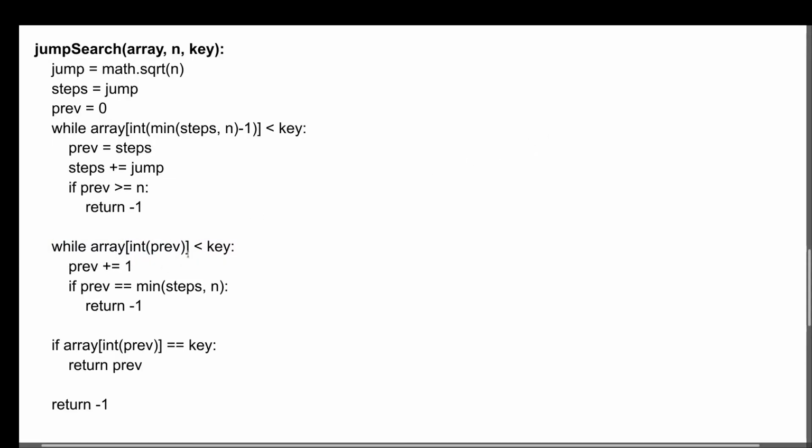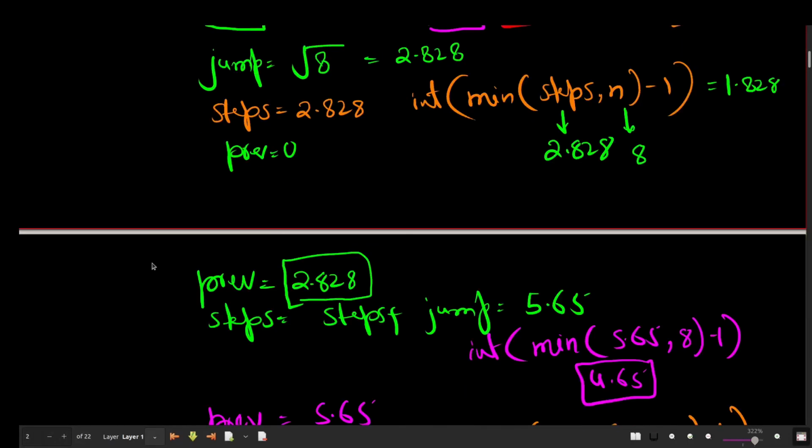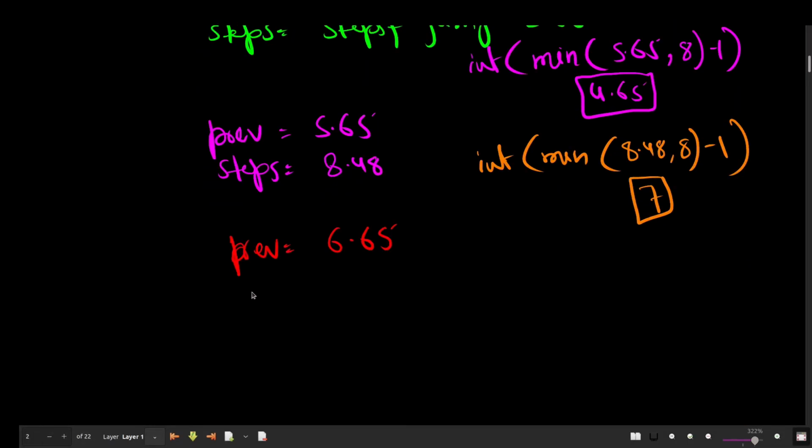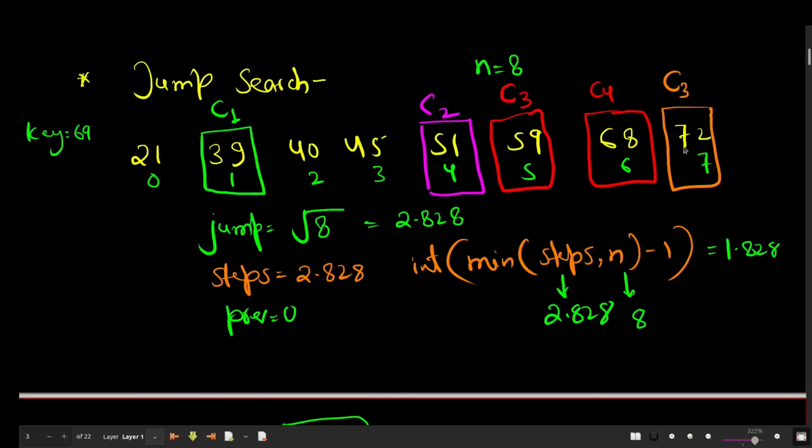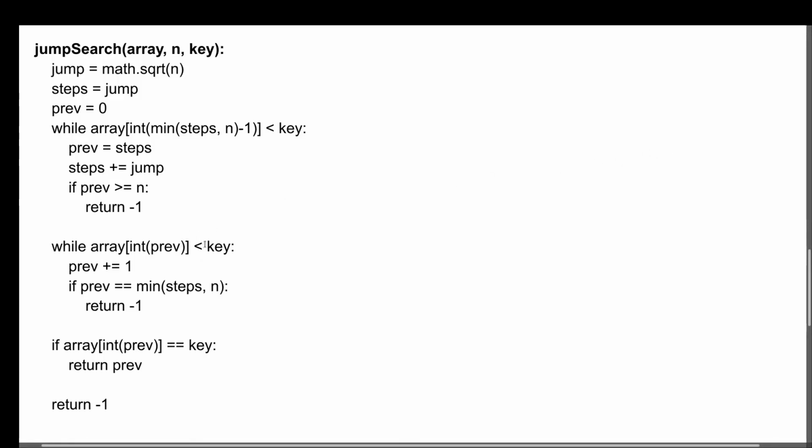You can see this is less than key, it will come inside, and again increase previous, and previous in the second step will be 7.65. And what is 7.65? It is basically this, and we are again here. So when it checks this, it is basically greater than key, and this condition will be false again.